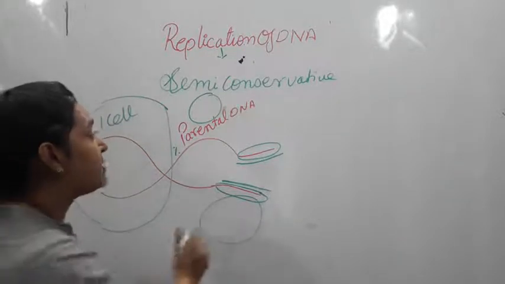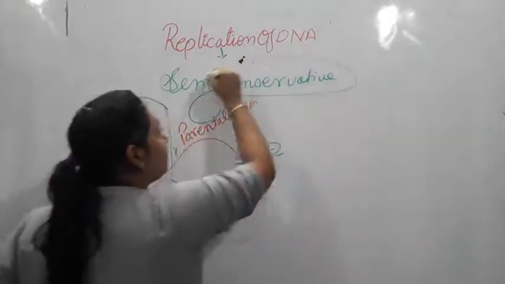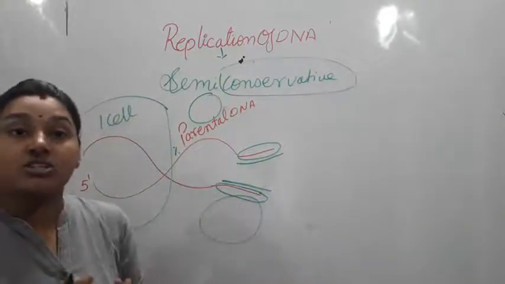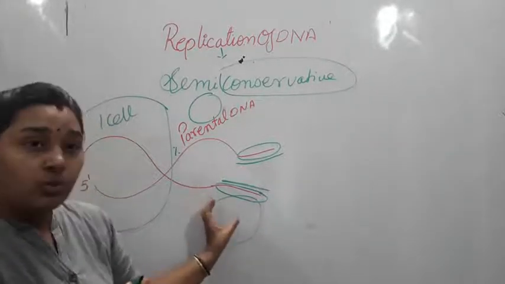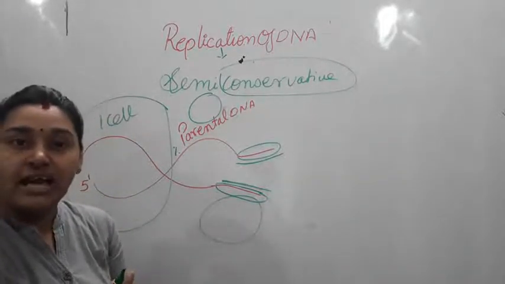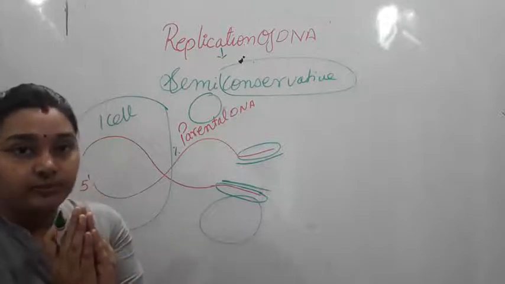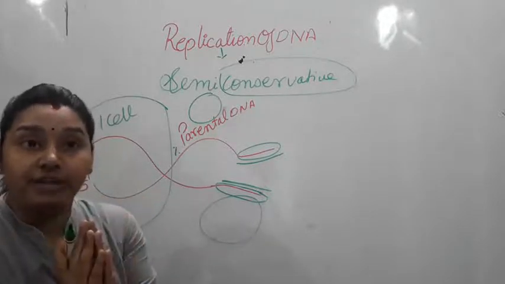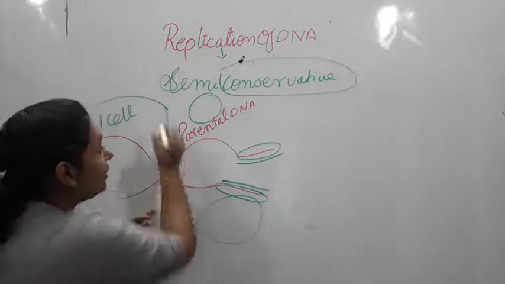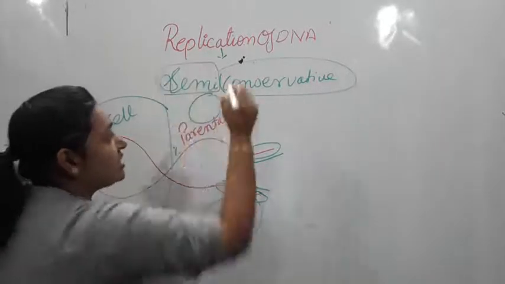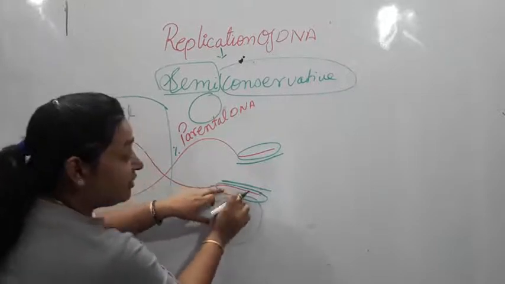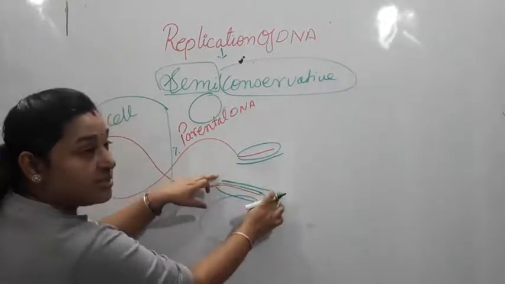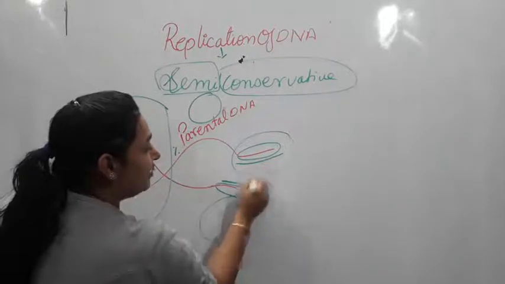So for that purpose, as you know, conservation means to conserve, to protect something, right? But here it is able to conserve the genetic features, characters, but only a little bit, a half of it, right? So that is why the word semi-conservative is used over here, right? So this is the semi-conservative, the red one, and the green one is the synthesized one. Now this is the complete strand of a DNA.